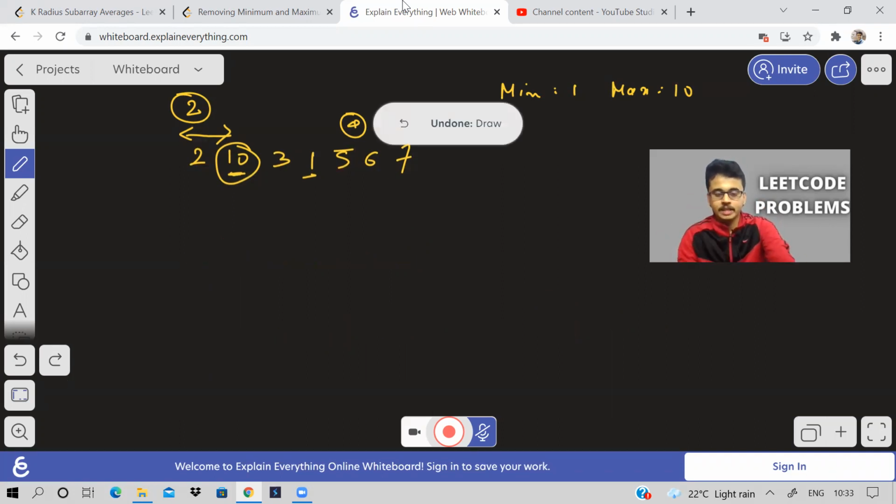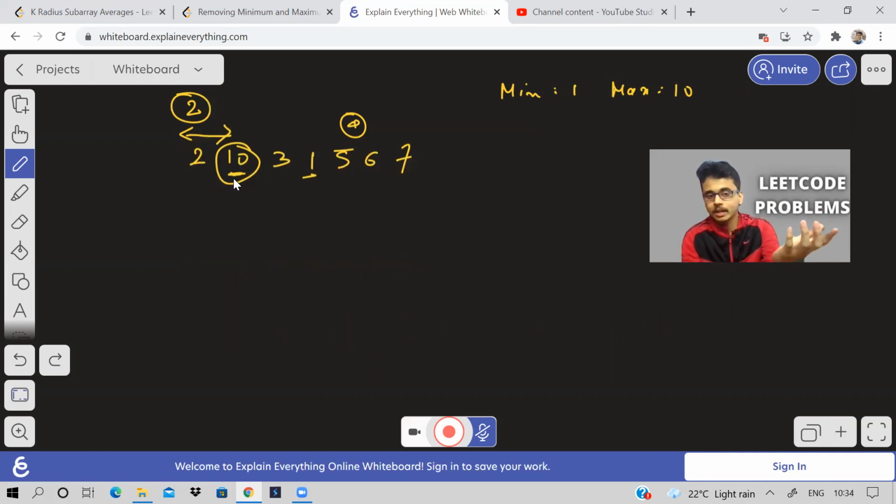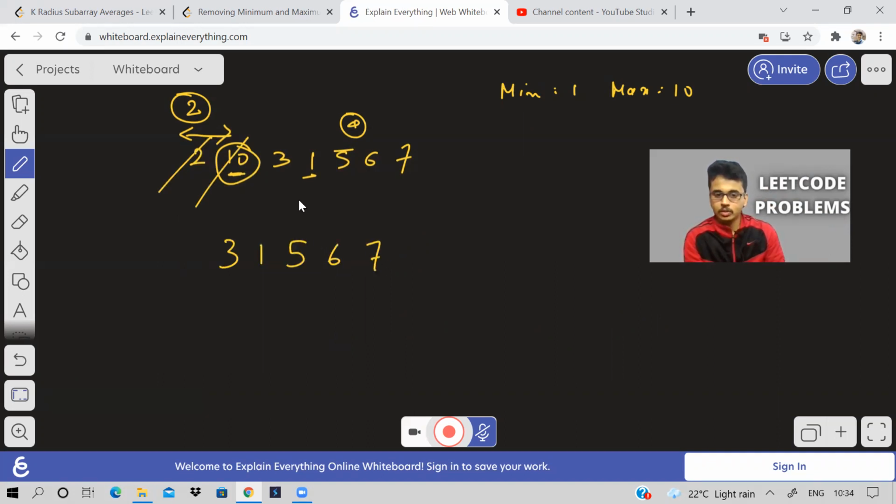So in this example, first I will want to delete element 10. How I'll delete? Either from left or right, which is feasible? Left side. So delete 10 from the left side. That is, you need two deletions. First delete the first element, then 10. Now the new array becomes this. Now see my minimum element. Position of minimum element has changed. So now instead of deleting the minimum element from the right side, I'll delete from the left only. So basically this was my thought process.